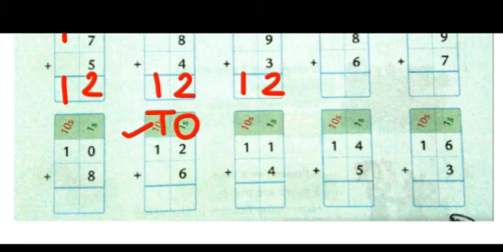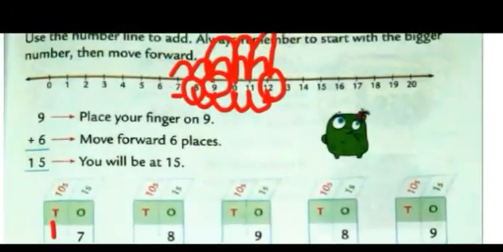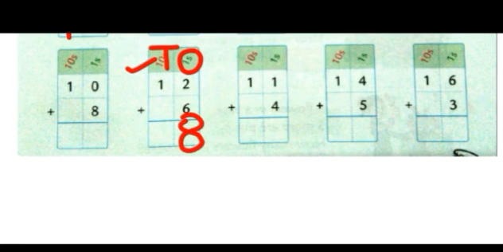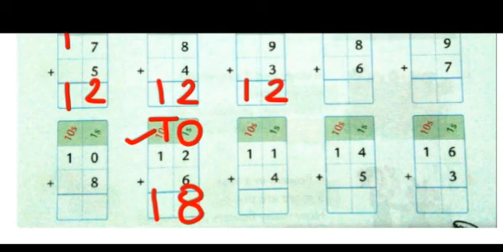Which is the bigger number here? 6. So just see the number line. 6 is here. How much do you need to count? Move forward 2 numbers. So after 6, just move forward 2 places. 1, 2. The answer is 8. So we will write here 8, and in the tens column only 1 is there. That 1 will come down. So this is the way how you can add using a number line. Now try to do the remaining sums at home.